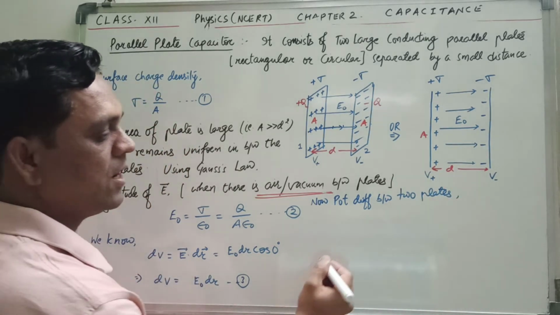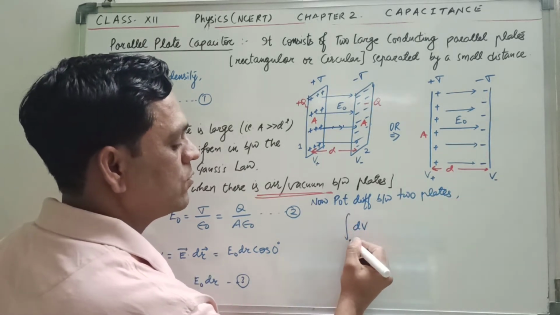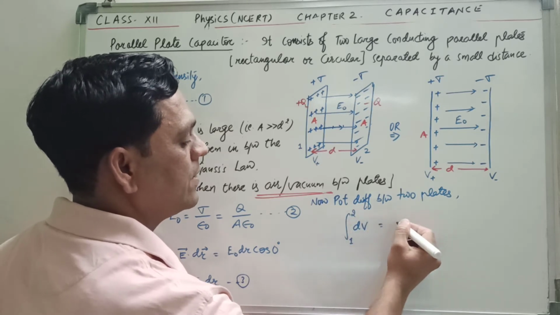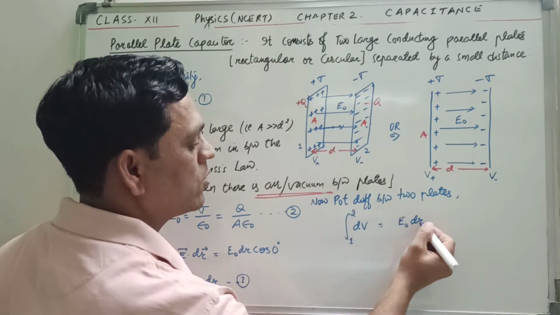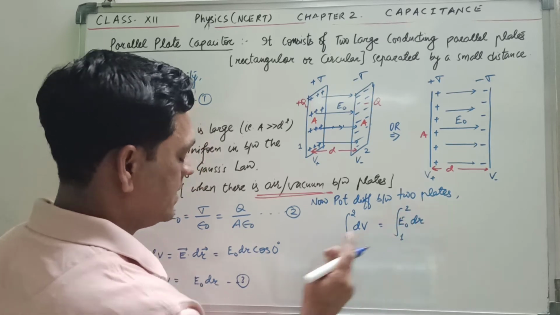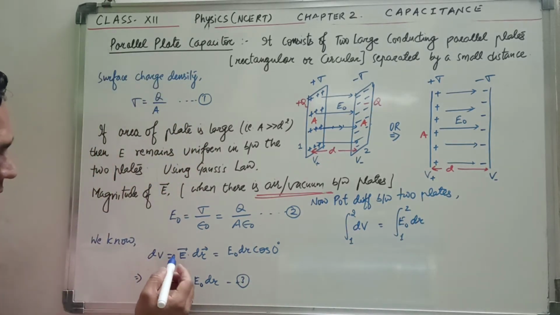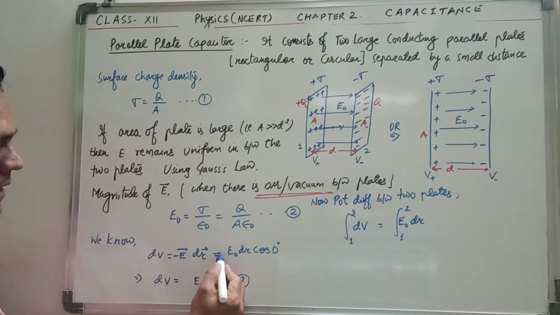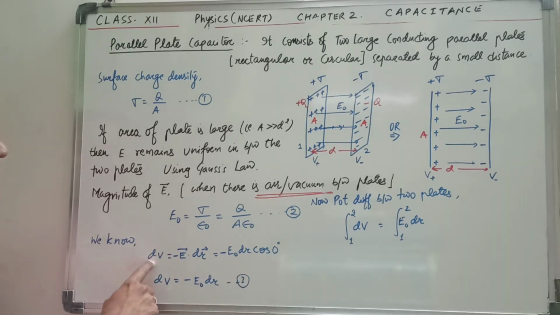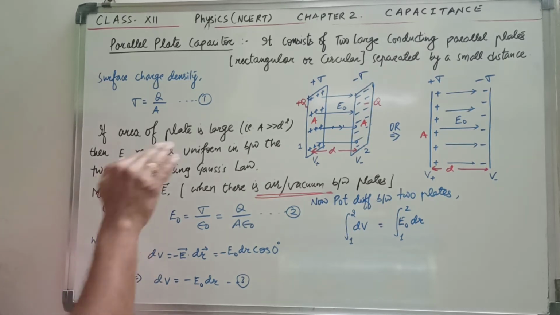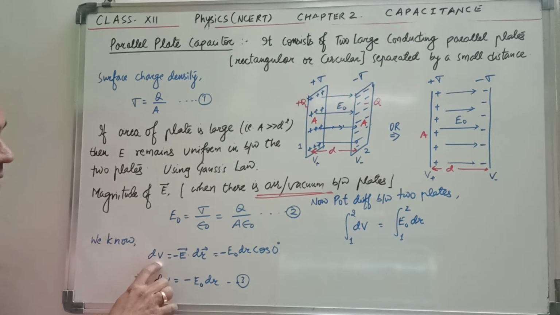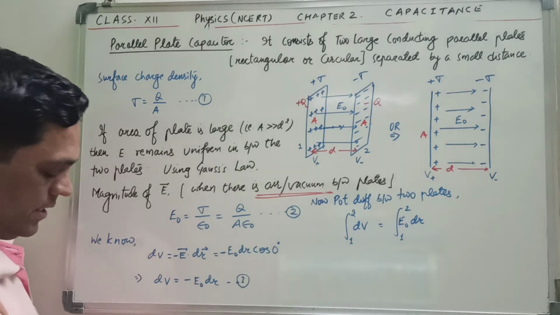So what will happen? Now we'll be doing the integration here. So we are going from 1 to 2, and this also we are going from E naught to dr, 1 to 2, and since dV is equal to minus of E dr, I write this minus also. Okay, so the formula is dV is equal to minus of E dr, that we have done in this chapter only, the relation between potential and electric field, correct? So this becomes dV is equal to minus E dr, and hence we write minus E0 dr.